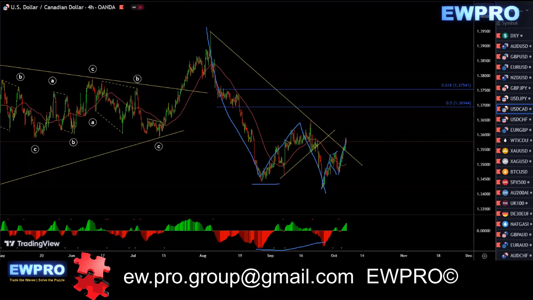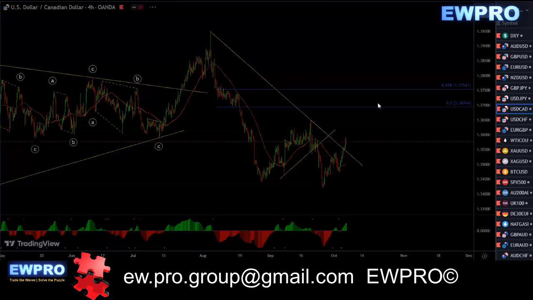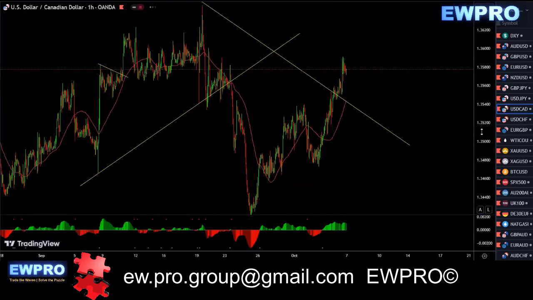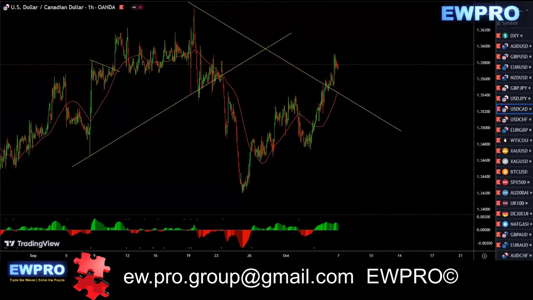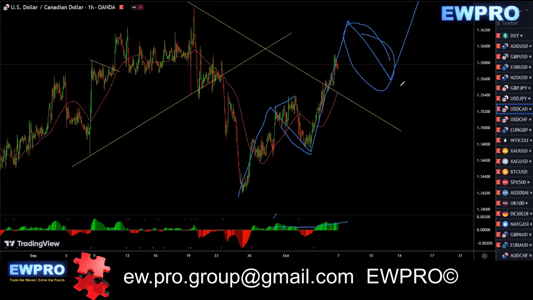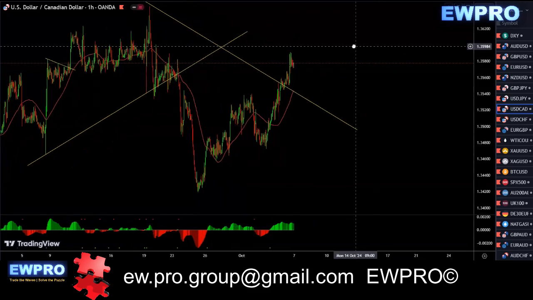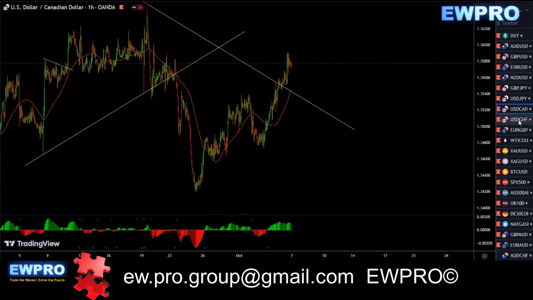And that's all you really can do. You can only really buy this. It was a very awkward looking flat, however you look at it, some sort of a flat in here for a WXY. You'd be waiting for an X2 and then trade that wave Z up. We don't have any bearish divergence here, so you really have to wait for this wave 4 or X2 and then look for a wave 5 up or wave Z, whichever way you look at it. But yeah,